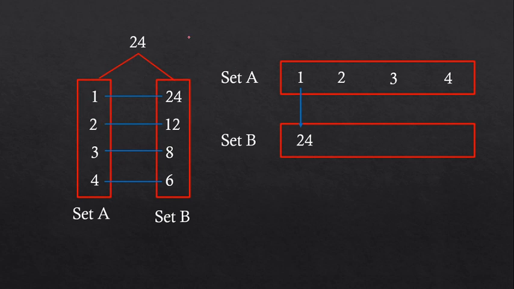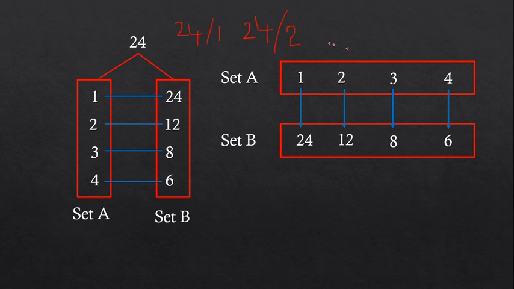With this 1, you will divide 24 by A. 24 by 1. What is 24 by 1? 24 itself. Next time, based on this 2, we will calculate the next factor. So, 24 divided by 2. What is 24 divided by 2? 12 will be the next factor. Similarly, with this 3, we will calculate the factor. With 3, what is the next factor? 8 will be the next factor. Next with 4, what will be the next factor? 6 will be the next factor.